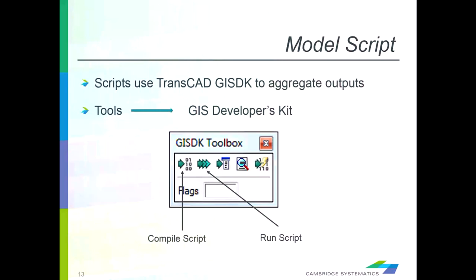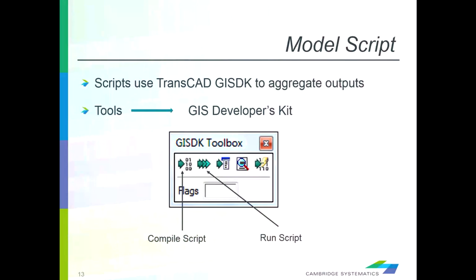So then we go into TransCAD itself to be able to run the script. We open up TransCAD, you go to the Tools menu, and then you go to the GIS Developer's Kit, and this toolbox will pop up. And the first icon on the left compiles the script that we developed. And once the script is compiled, then we go to the next icon, which shows the 3 arrows pointing to the right, and that runs the script